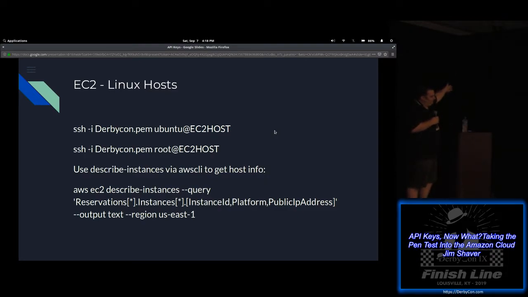how do we get a list of Linux hosts? There's this complicated command at the bottom here. Basically, describe instances is a way to get information about all of the instances running within EC2. This one isn't perfect, because you still have to parse through and remove all the Windows instances. The platform, it's a long story, but basically not a good way to filter out Linux boxes. All right.